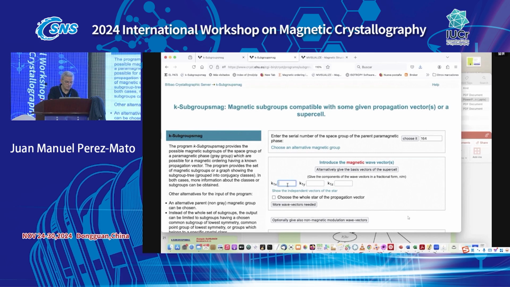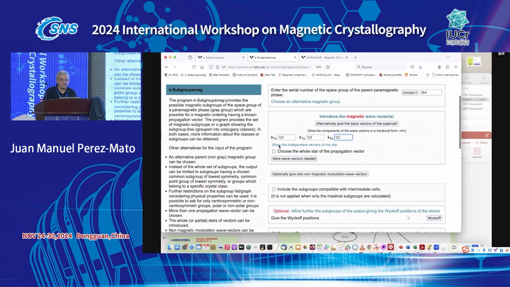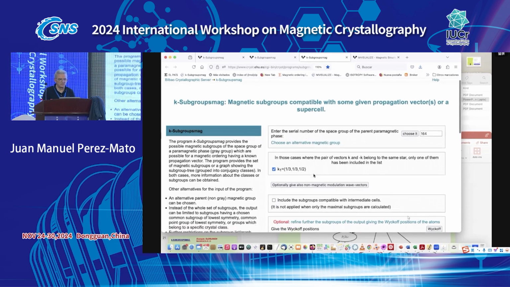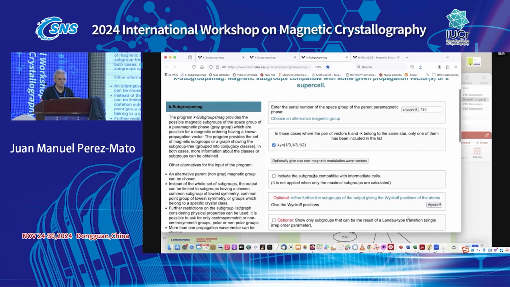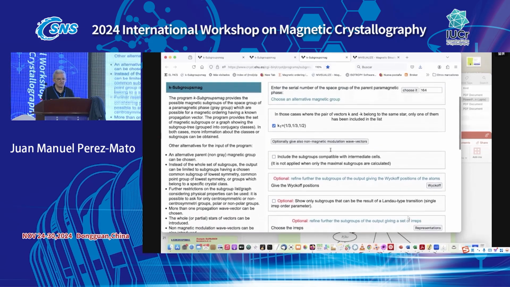And here I have to put 1/3 and 1/2. I can look here if there are more. I just recommend that you always try this button here to see if there are other vectors related with this one. There are not, okay? So it is a single vector with no symmetry related ones that could make a multi-K structure. It says in those cases that the pair of K and minus K, of course, can be present, but